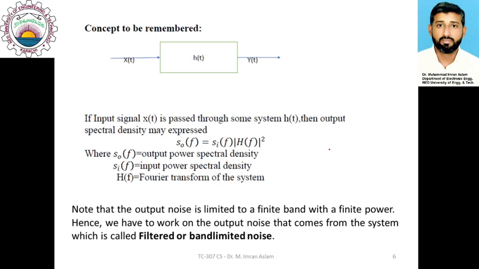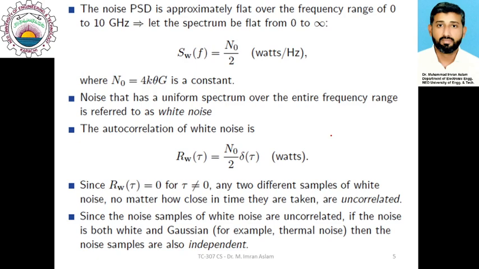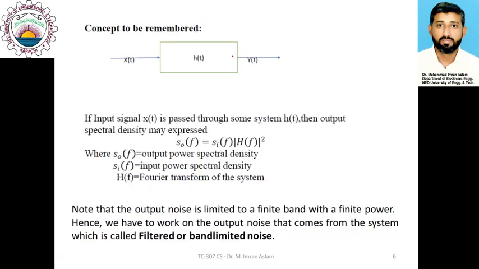There is another important concept related to noise. If you see in this white noise model, the power spectral density is taken as constant, and if we integrate over the entire frequency range from 0 to infinity, this constant PSD over an infinite band of course gives you infinite power. Practically it is not possible, and practically we do not encounter this white noise. Why? Although we use white noise in the modeling of our systems, you should notice that